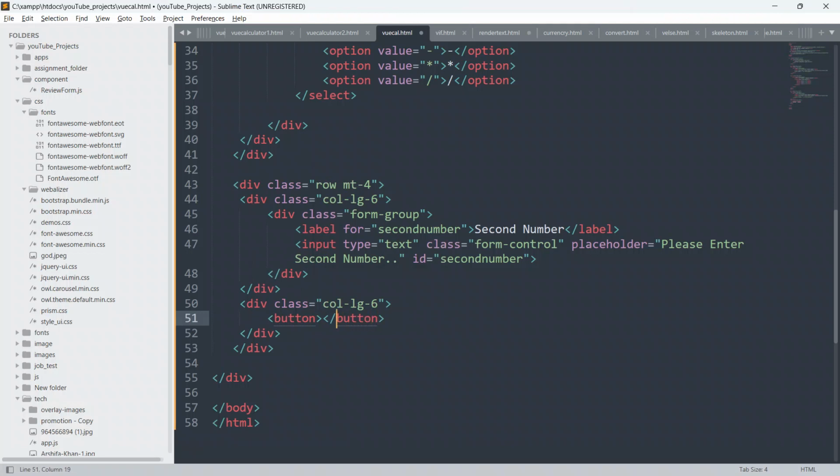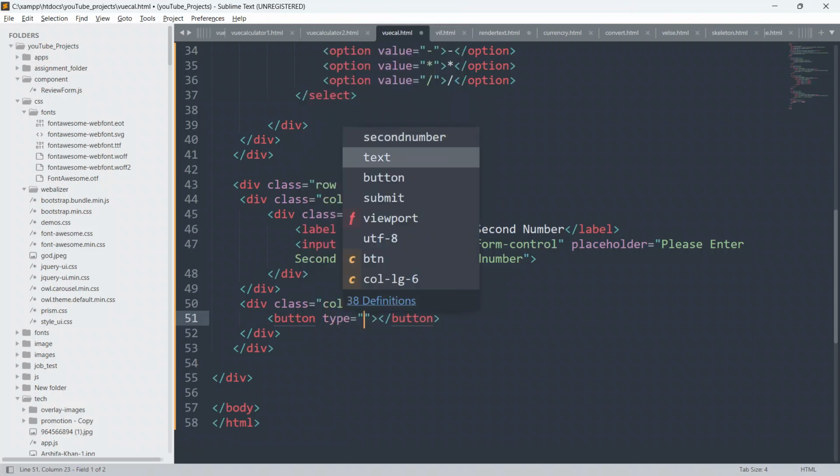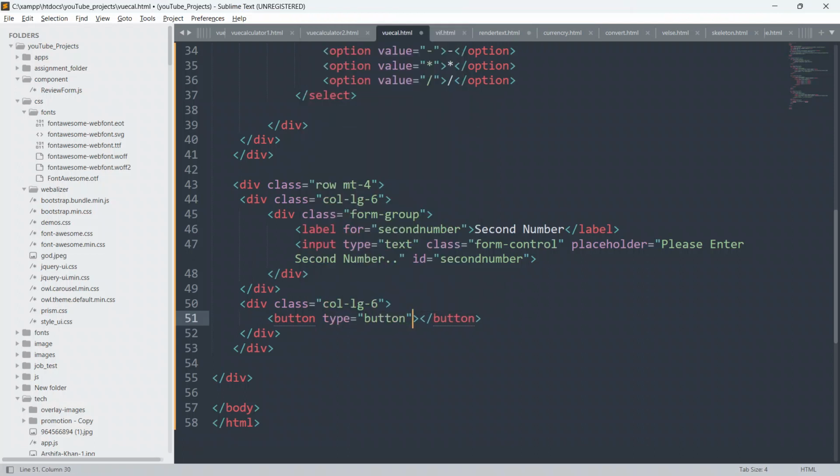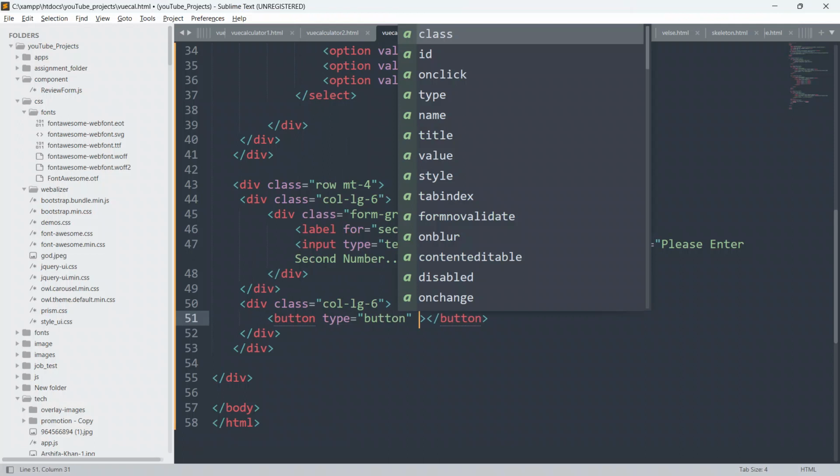Give the type as button. On this button we will be using v-on, the directive used to perform events. So v-on is used as an event handler inside Vue.js, and we will use it on this button to perform our operations, our logic.